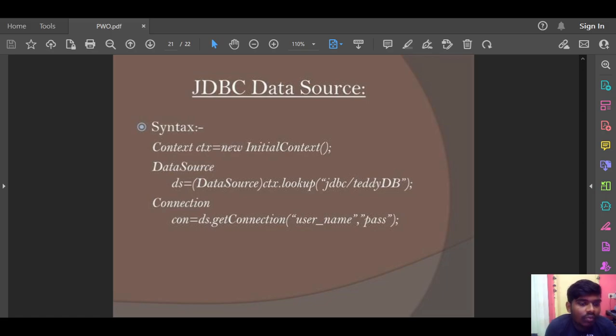So why should we use JDBC? We can use the JDBC API to handle databases using a Java program and can perform the following activities: connect to the database, execute queries and update statements to the database, and retrieve the results received from the database.